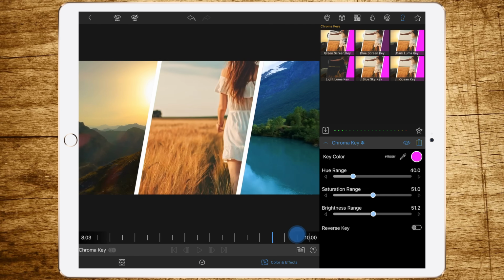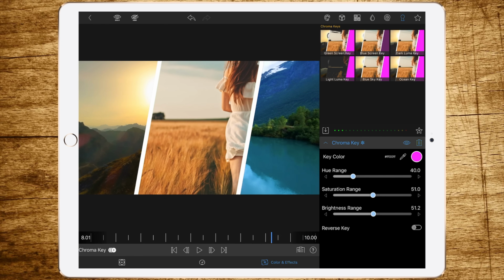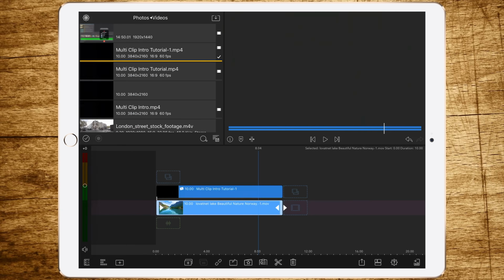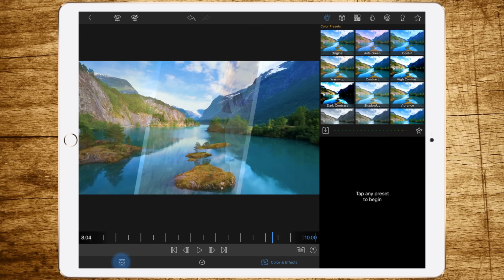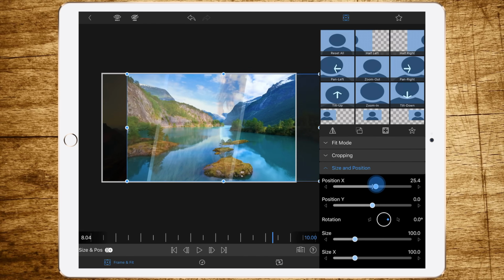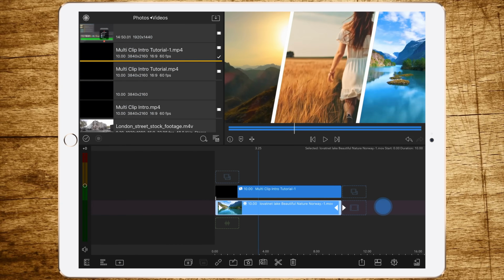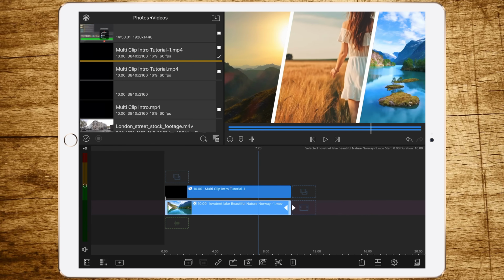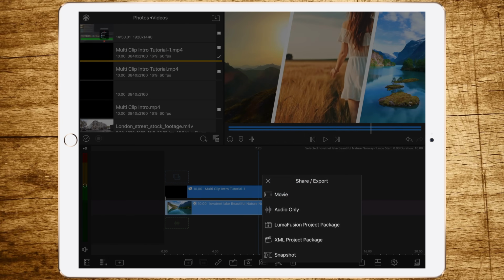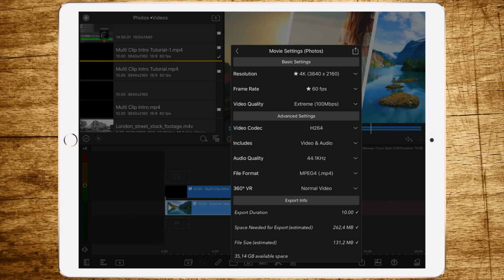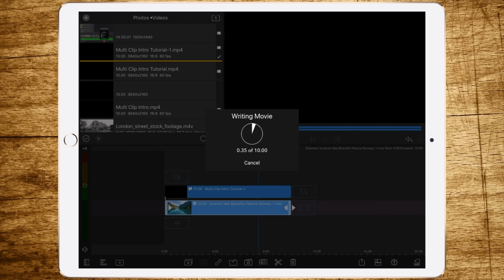In this case, as you can see, it doesn't show the really interesting part of the clip beneath. So what you could do is just go to Frame and Fit of this clip and change the position so it shows what you want to see. In this case, the middle of the clip. Now you can save it and you have a really nice intro.